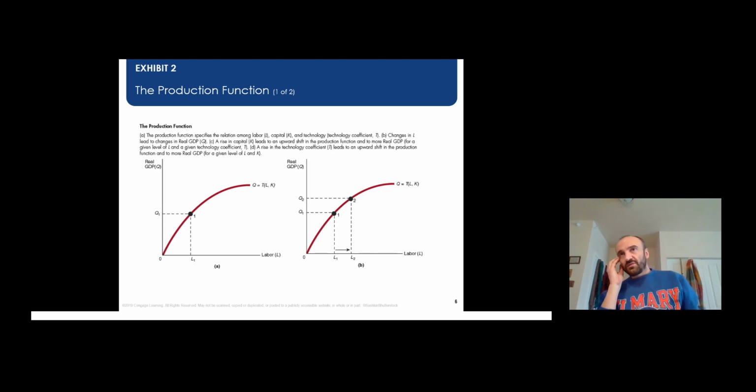But then if you don't increase the amount of other resources that you use in your production of wheat, the number of combine harvesters, the number of tractors, the size of your plot, the productivity of every additional worker will be lower and lower,